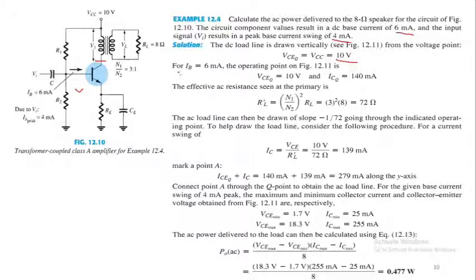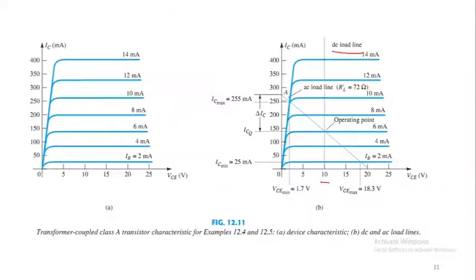So since we have IB equal to 6 milliampere that is given in this example, and the operating point we can find it as VCE is equal to 10 volt and ICQ equal to 140 milliampere. So 6 milliampere IBQ की वैल्यू गिवन है, this is actually IBQ. So the straight line which is DC load line जो जहाँ पे इंटरसेक्ट करती है वो आपके पास Q पॉइंट है, इंटरसेक्ट जिस IBQ की कर्व को जिस पॉइंट पे करती है,